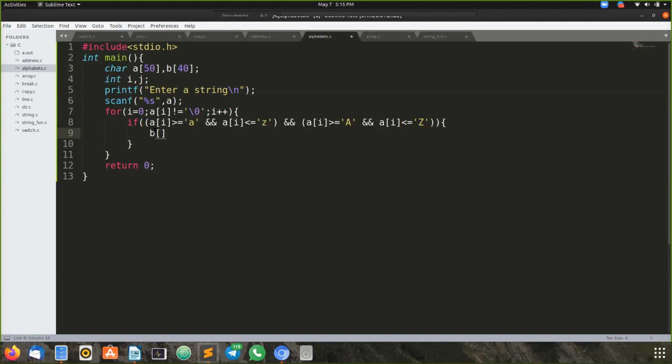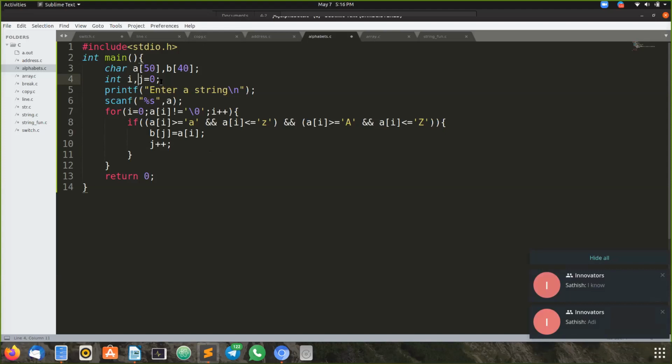In this case, I'm taking b of j is equal to that particular character a of i, which is an alphabet. I'm initializing j to 0. Then I'm incrementing the j value. Why I have written like this is, initially the value of j is 0.